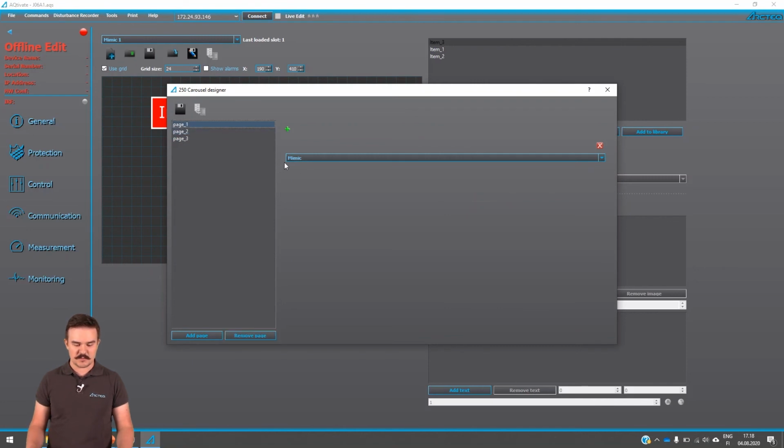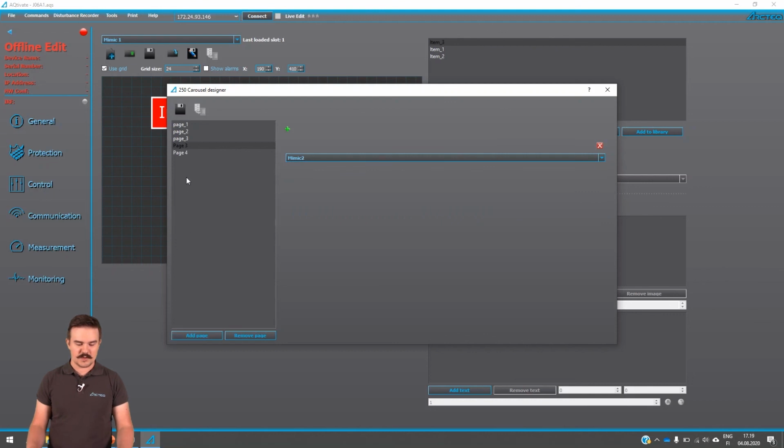In page 1 we have Mimic, page 2 we have Events, and page 3 we have LEDs. Now if we wanted more than one mimic, we can add a page, and to this page we add a view with this plus sign, and we choose mimic 2,